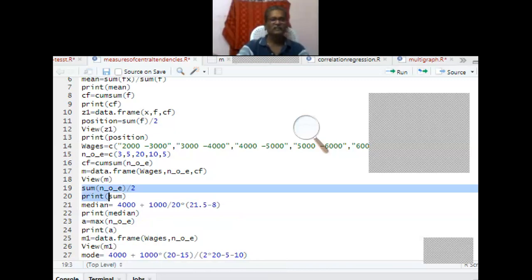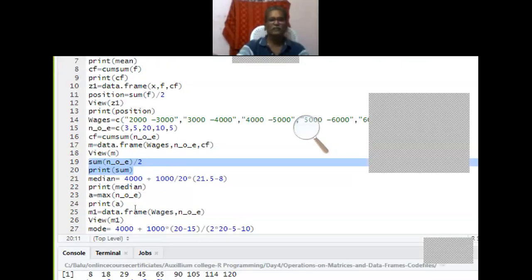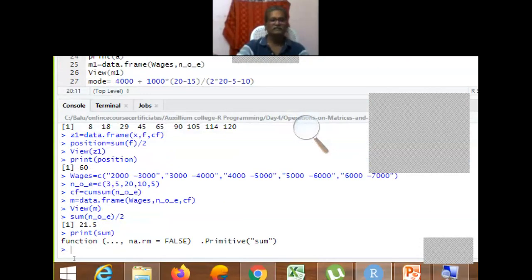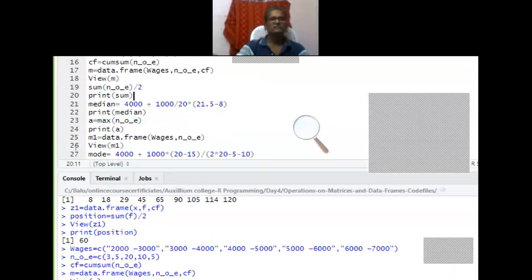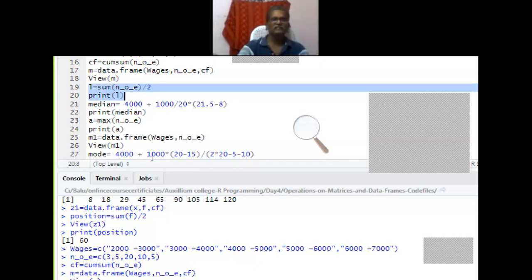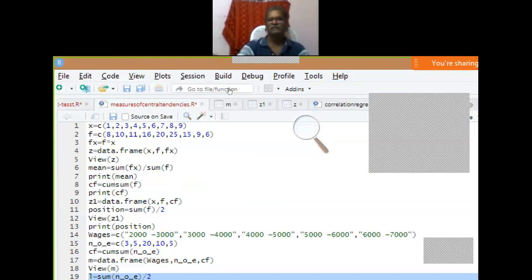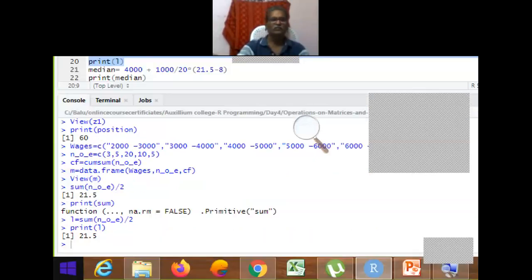If I run these 2 commands, I have to give some other name, because sum is a built-in function. We cannot use it again as a variable. Give some other name as variable.